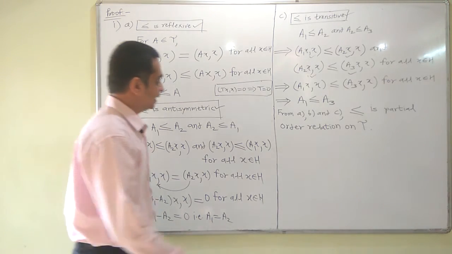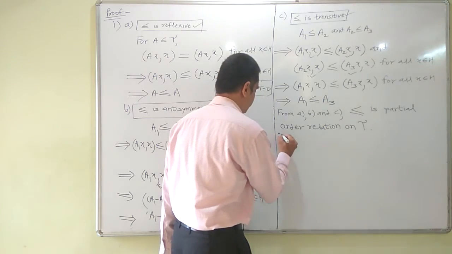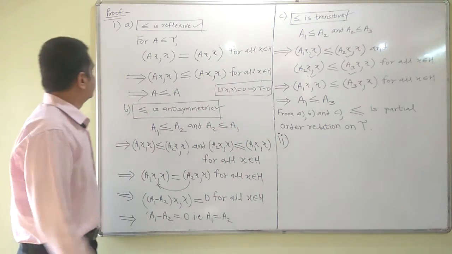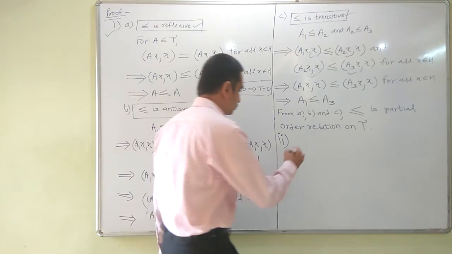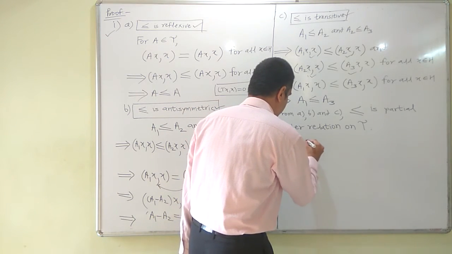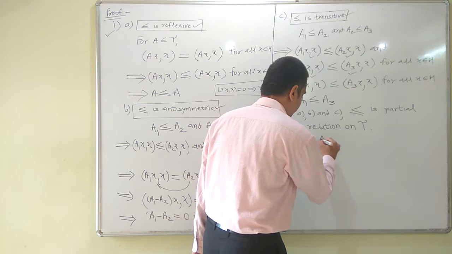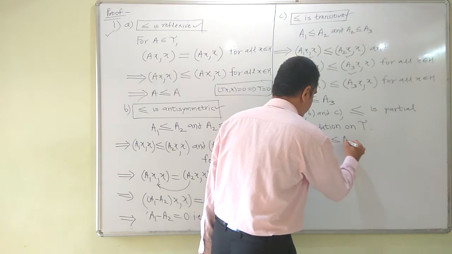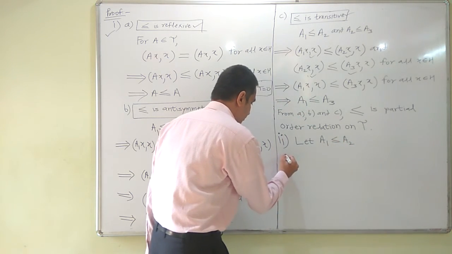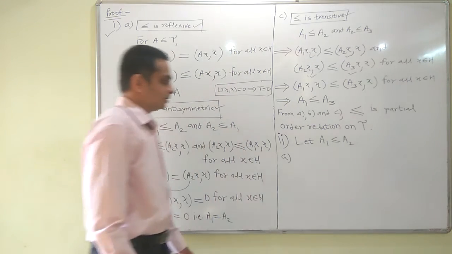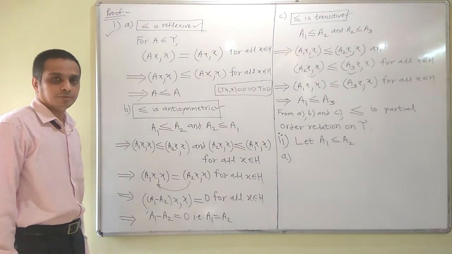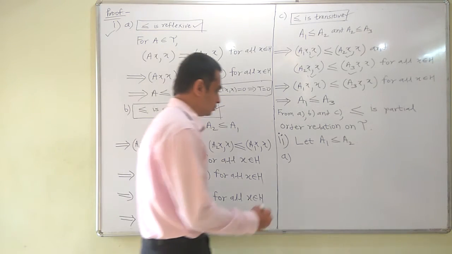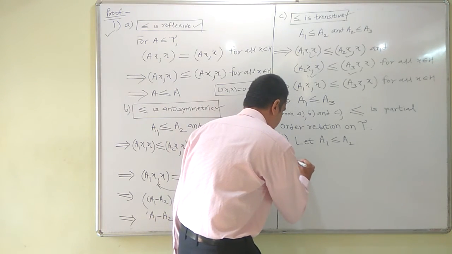Now, second part of the proof. We are done with the first part. In the second part, again we have to prove two properties. So first, what is given? That A1 is less equal to A2. This is given. Then we have to prove that A1 plus A is less equal to A2 plus A for all A belongs to the collection. So for that purpose, consider